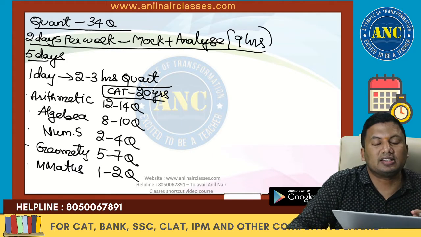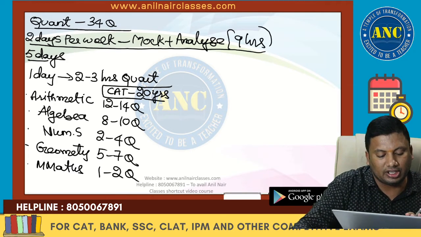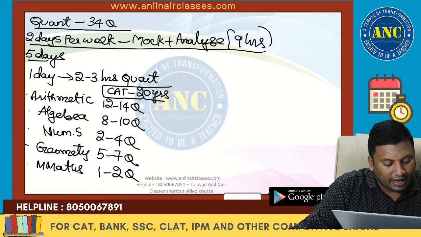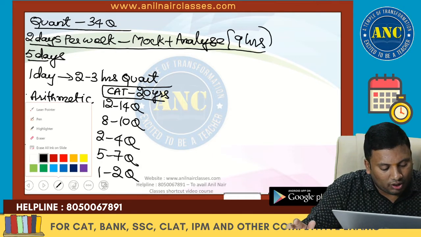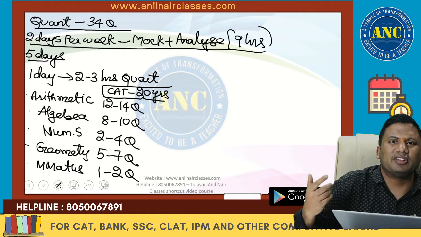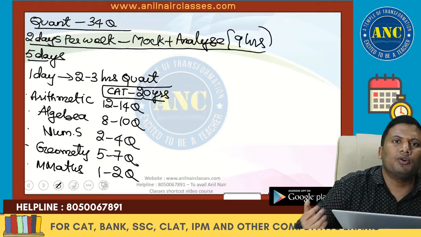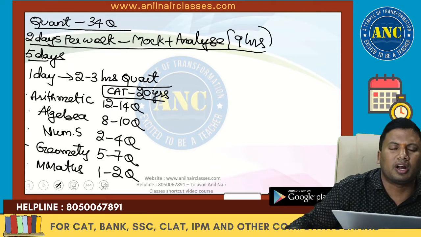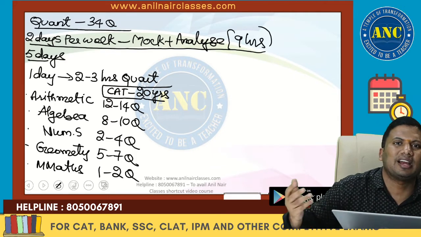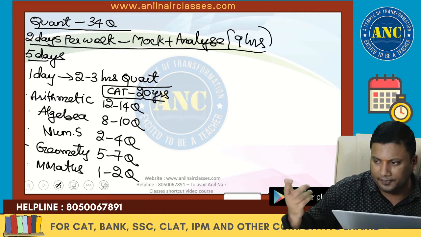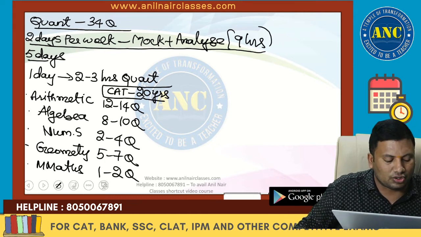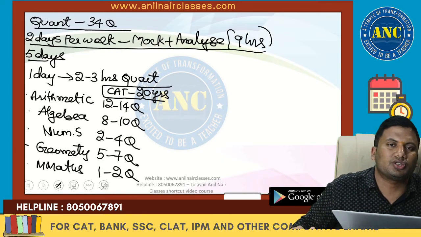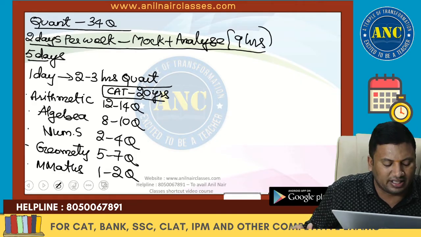If I analyze the CAT papers from 1990 to 2019, that clearly shows that CAT is giving more emphasis on arithmetic. The reason is very simple. If I give more questions on geometry, non-maths students who are not good in maths, you are unnecessarily giving an advantage to the mathematics students. Already there is some kind of negative talk that engineering students only get the maximum number of seats in IIMs.